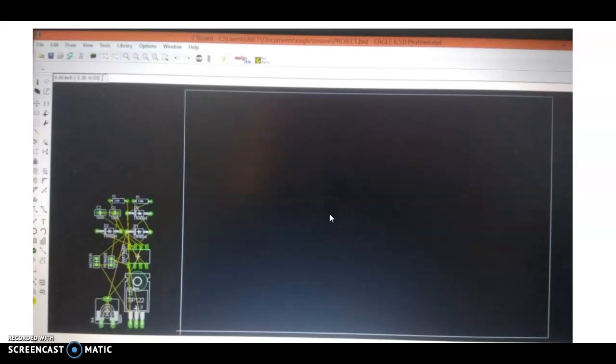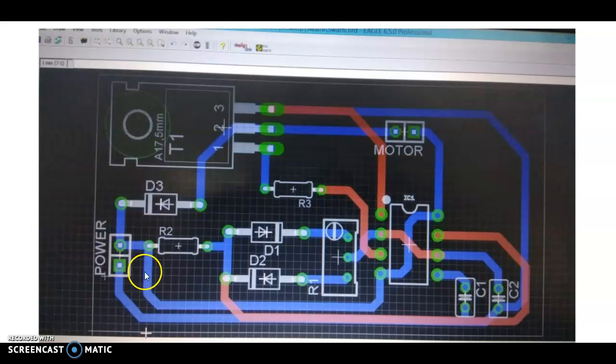There you need to connect all these components, meaning you need to route these components and try to minimize the size of the PCB so that the cost can be reduced and it will give you better performance. You should also try to reduce the crossings. Here I have used a double layer because I was getting some crossings when connecting this. And this is the final PCB after the routing is completed.